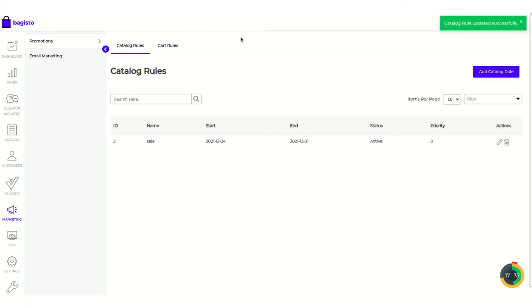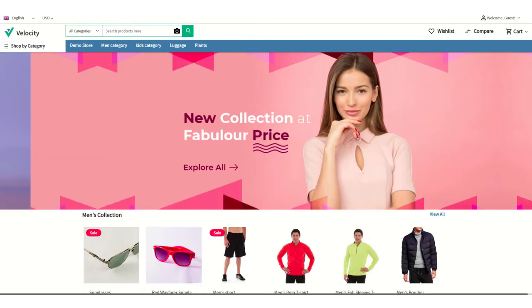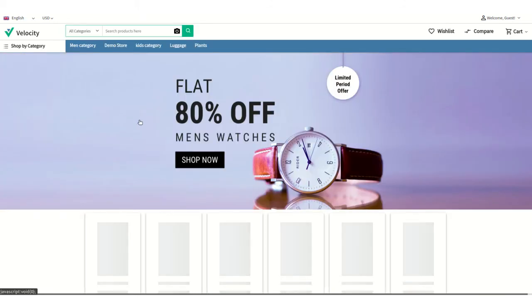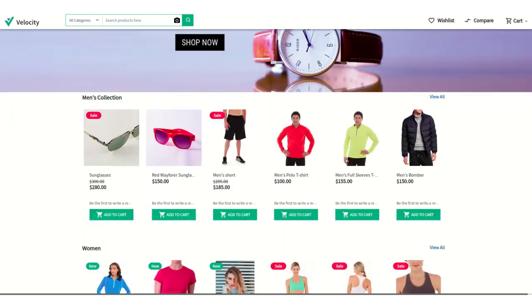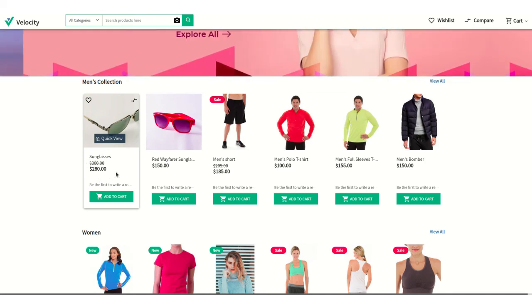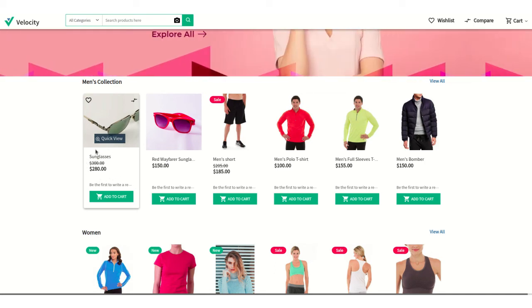Now let's move on to the front end to see how the catalog rule will work for the customer. Now as we can see, this is the front end of a Begisto e-commerce website, and here we have provided the discount of $20 for this product.